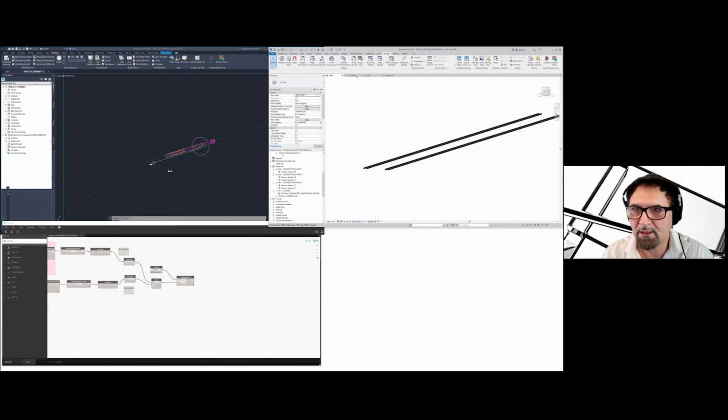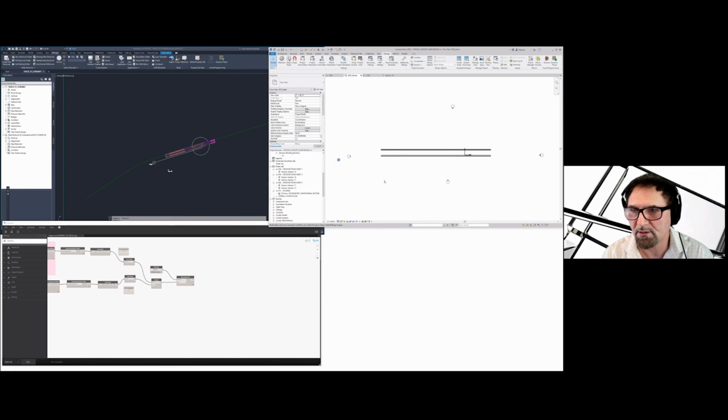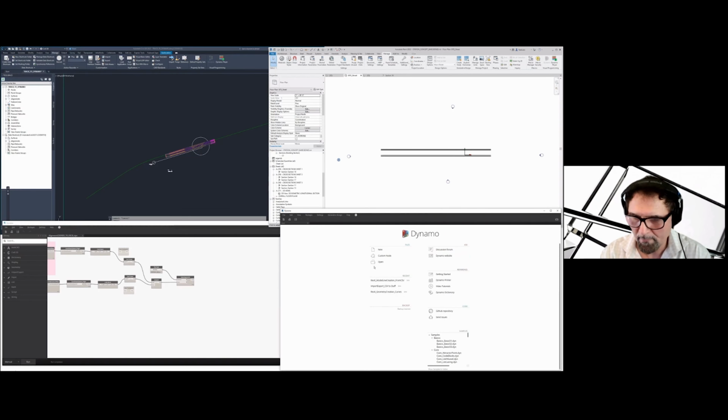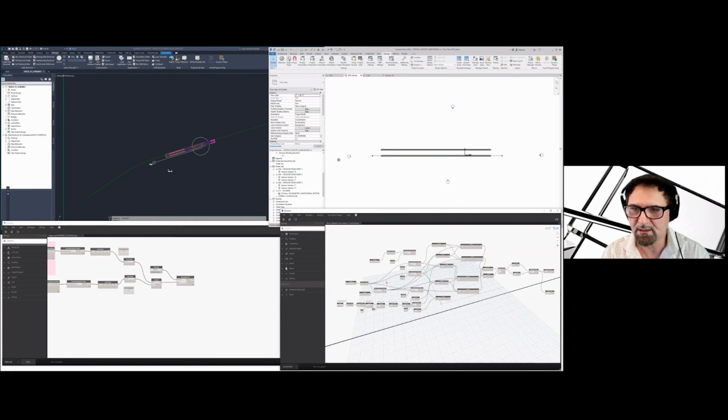Working from my Revit view, here's just a simple site level street view. I'm going to start Dynamo. And I'm going to create a line reading the elements from the Civil 3D drawing file. You can see because my Dynamo script was set to run automatic, the host line is already there.